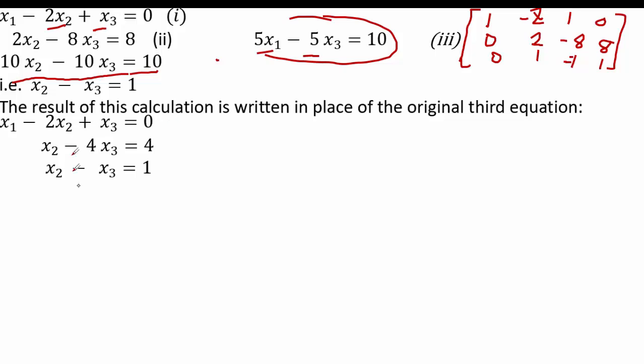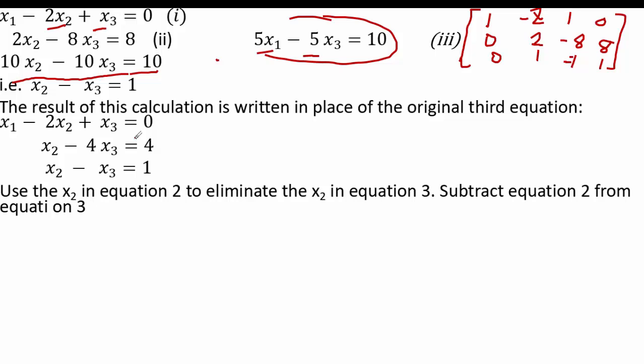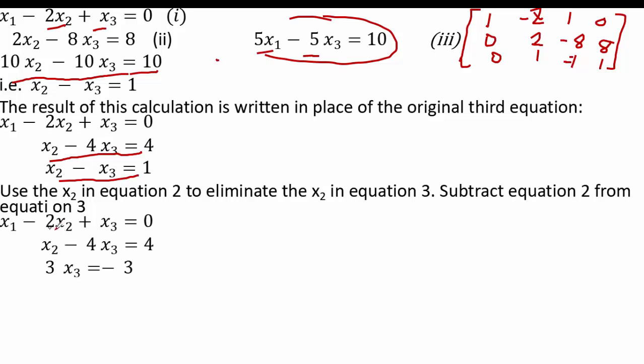This can be written like this, and the same system is written in matrix notation like this. Now from equation 2 and 3 we shall try to eliminate x2 from equation 3. For that, if we subtract the second equation from the third equation, we will get x2 eliminated, and we will get equations like this. First equation same, second equation remains same, and for the third equation we will get 3x3 equal to minus 3, and